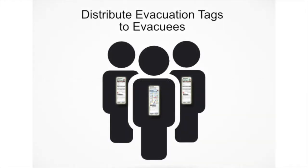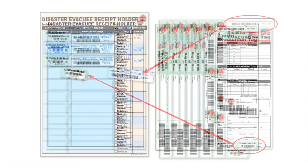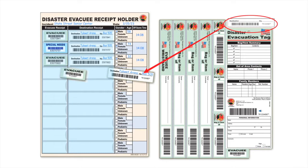Distribute evacuation tags to evacuees. Store 1 receipt from each evacuation tag, and document evacuee information on receipt holder. Prior to evacuees leaving the incident, be sure to remove the destination receipt and document destination and transportation information, such